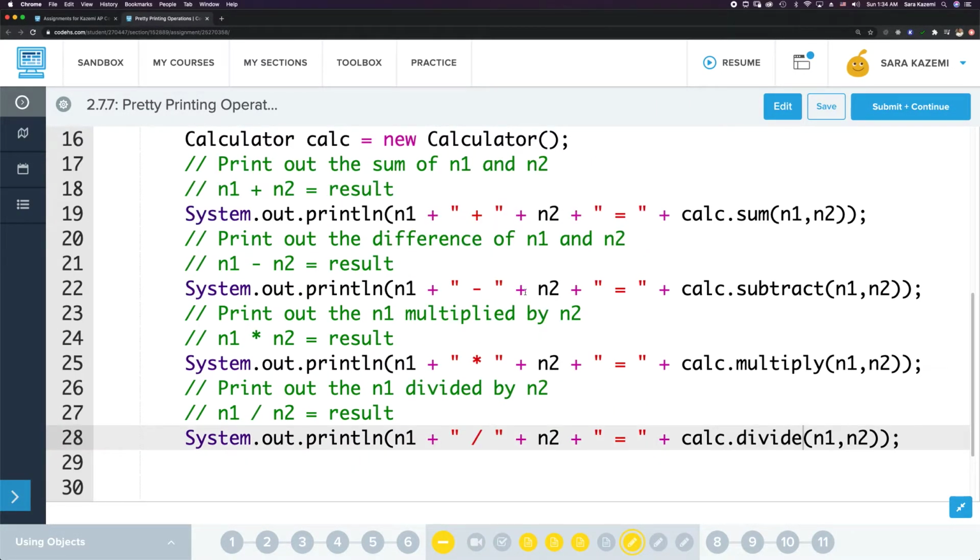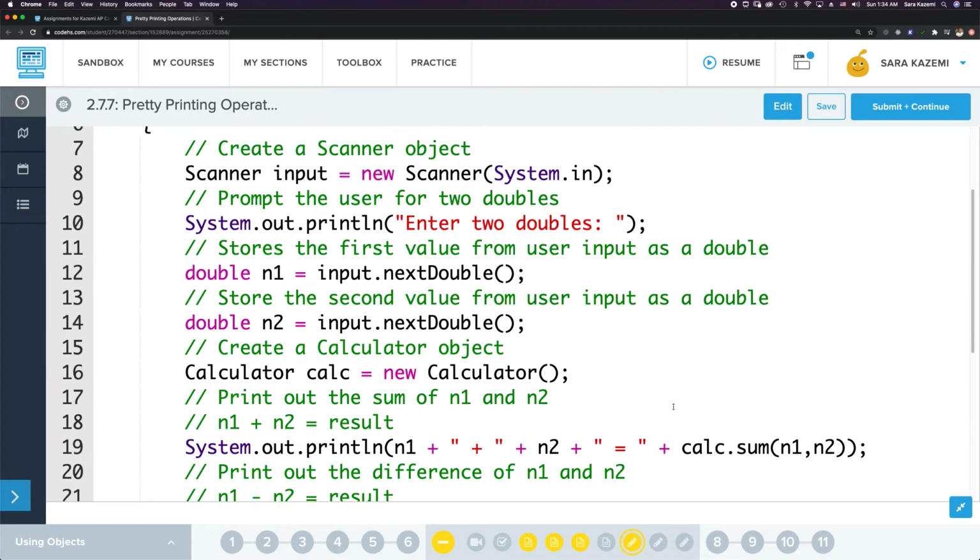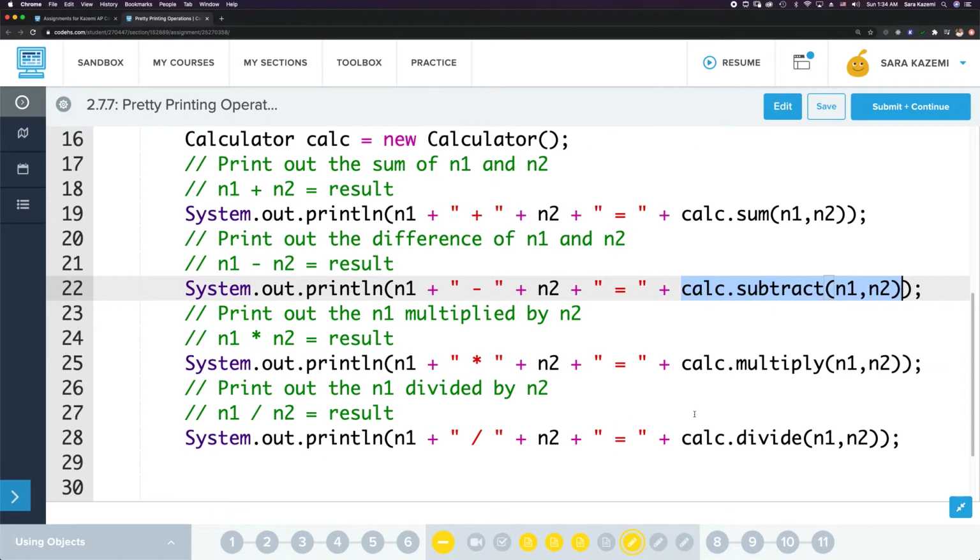Okay, so if you're having a harder time parsing what all of this is, I would recommend saving the result of these method calls to variables and then putting the variable names here. But in this case, it's not necessary since we just want to print out the result, and we don't necessarily need to waste memory by storing the result somewhere. All right, so let's go ahead and go to the next one,